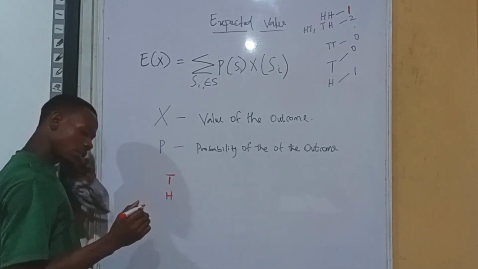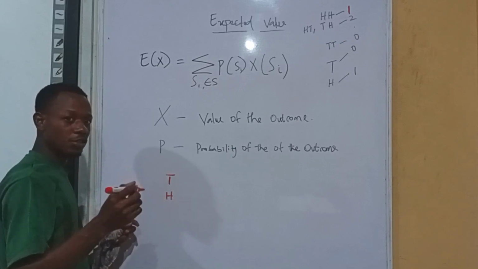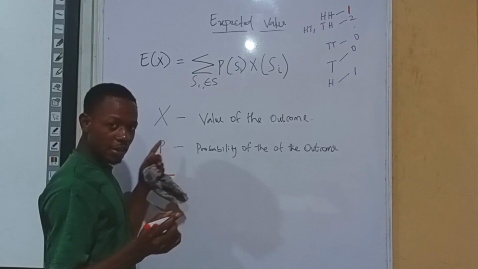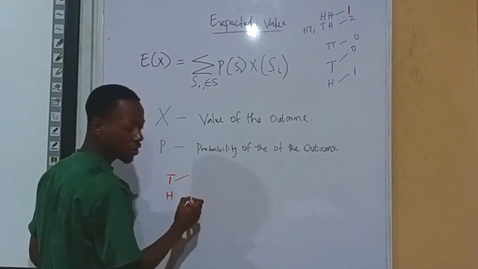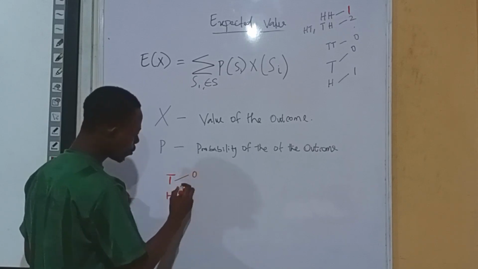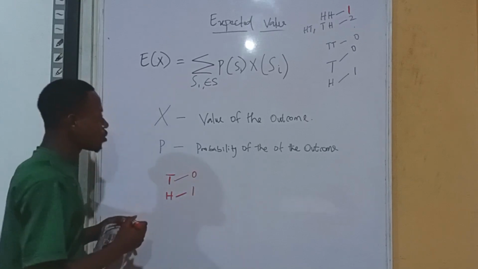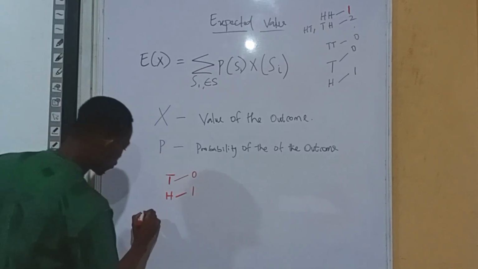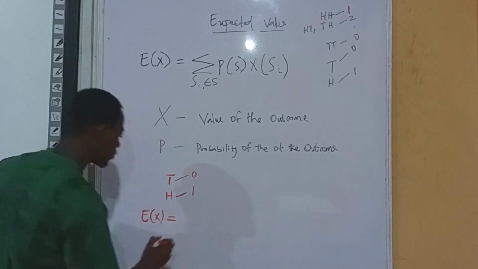So the expected value of the random variable is the number of heads you have at any instance. If what you have is tail, the number of heads you have is 0. But if what you have is head, the number of heads you have is 1. So for here now, the expected value